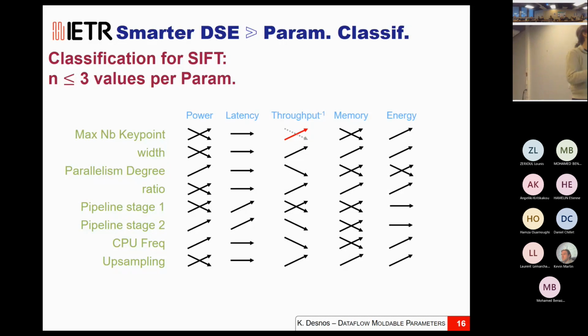The impact of the number of key points on the throughput of the application is misclassified as a strictly increasing impact, whereas it was an irrelevant classification. If we have a look a bit more at the detail, in reality, the classification is not that bad because most of the time, an increase in the value of this parameter results in an increase of the throughput. In some very, very few cases, it results in a decrease. So the classification for the exhaustive design space exploration is irrelevant, but in reality, if we were to base our design space exploration on this classification, the result would be quite good.